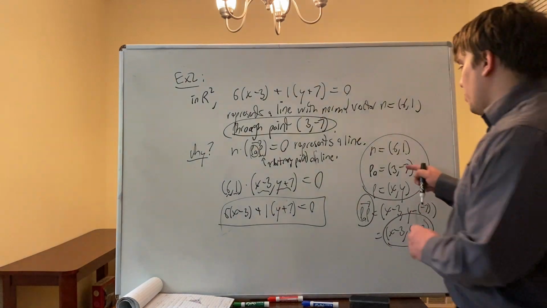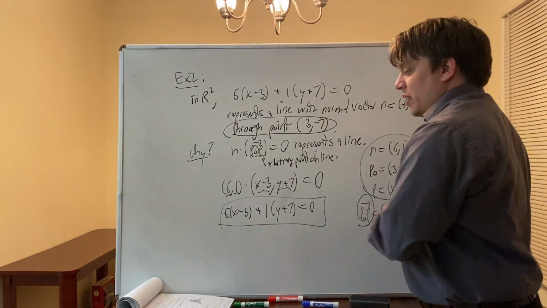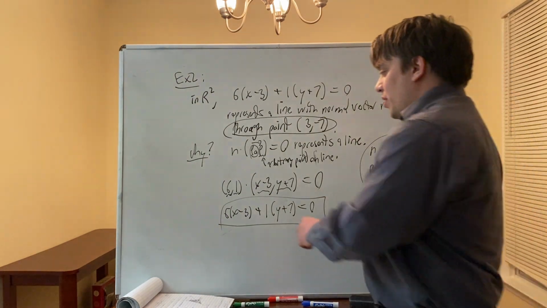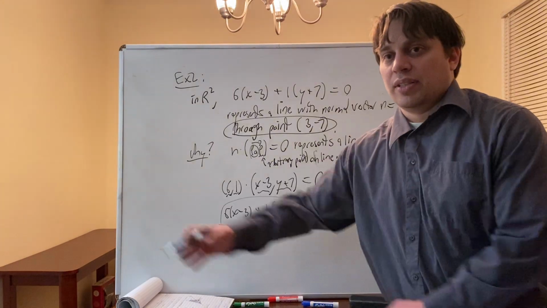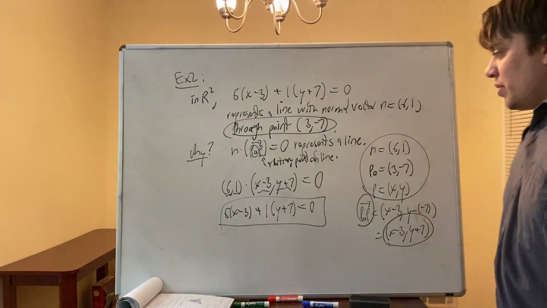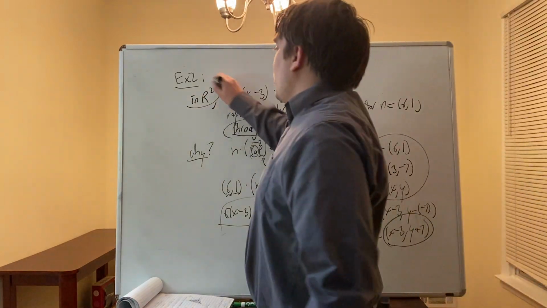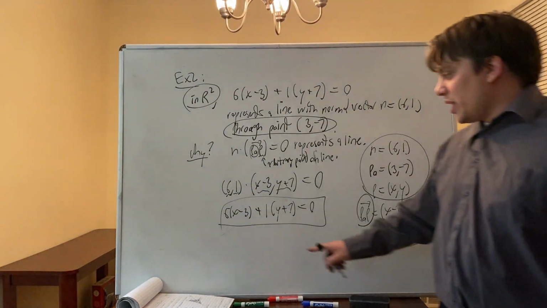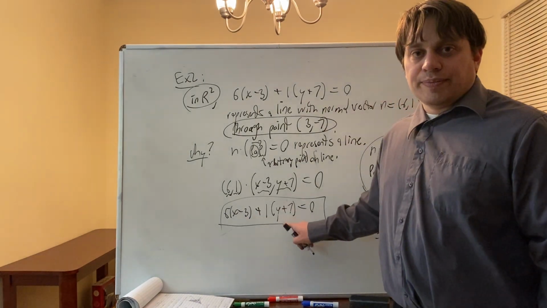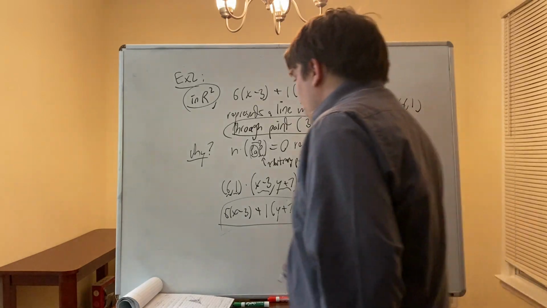So you can just match up the components of n, or the coefficients here, and then the components of P naught are the things you're subtracting from the x, y, maybe z or w, depending on how many coordinates you're thinking of, right? In this case we're talking about R2, so we're only going to have x and y, only 2 components for each vector, and only the sum of 2 things here. In R3,